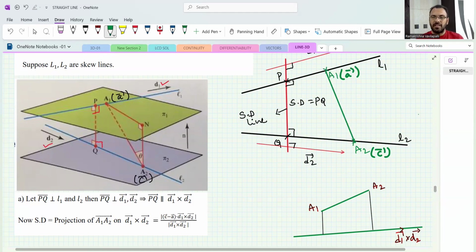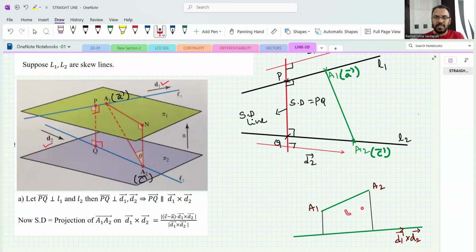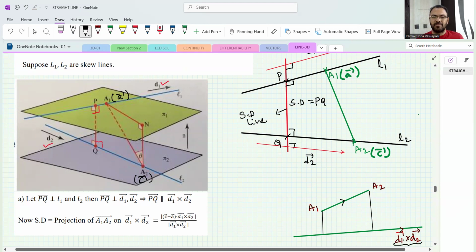Now here you see the diagram. A1 and A2 are two points. It is a line segment, or you can say a vector. And this is the D1 bar cross D2 bar vector. The foot of perpendicular from A1 on the vector D1 cross D2 is, say, P, and this is Q. Now this PQ is called the projection of A1A2 on D1 bar cross D2 bar. So the shortest distance is nothing but